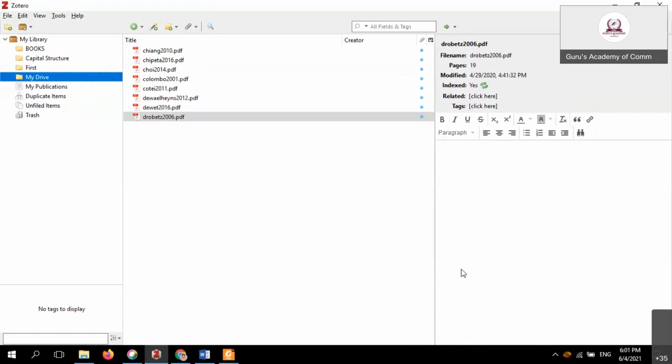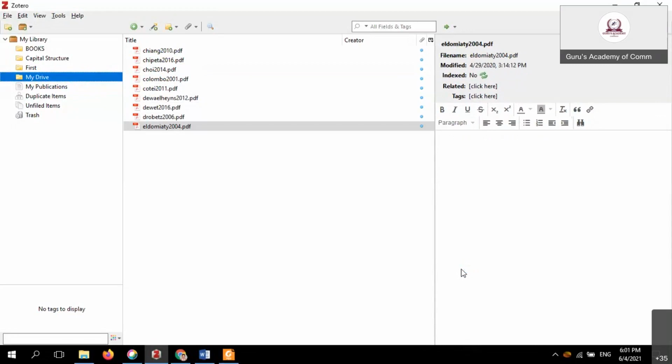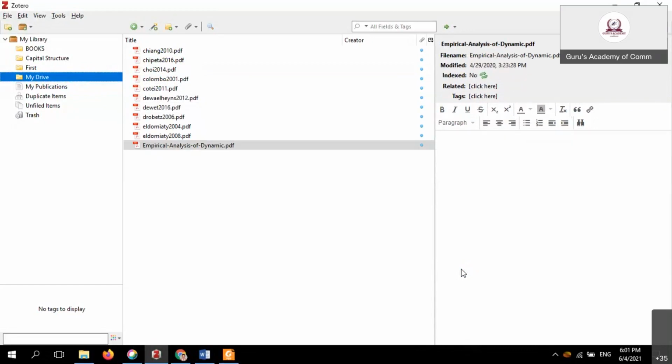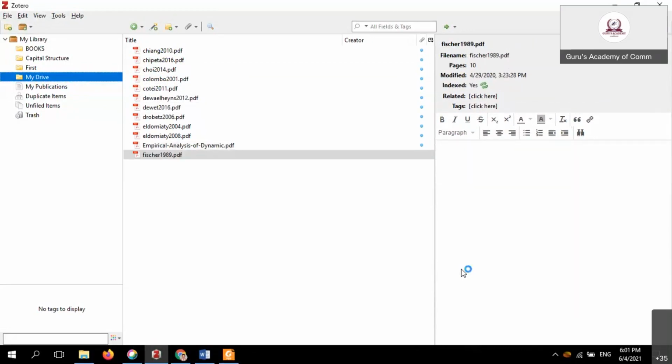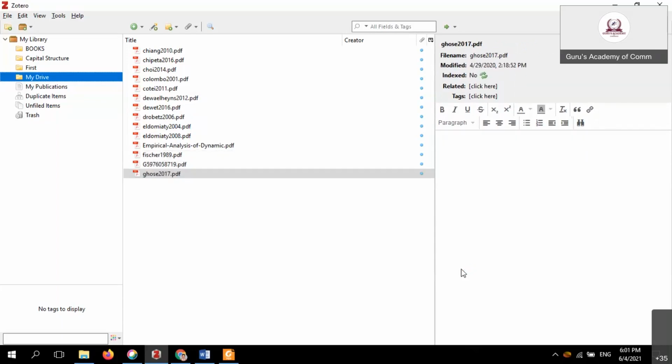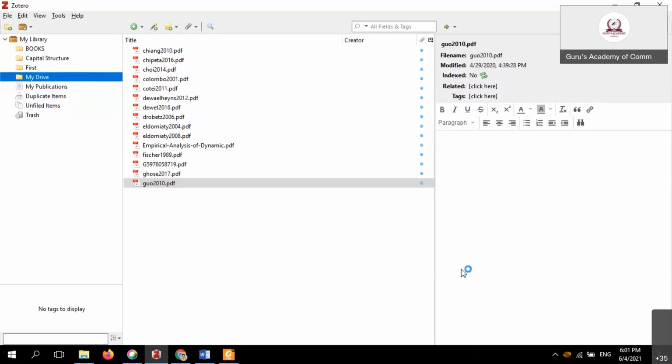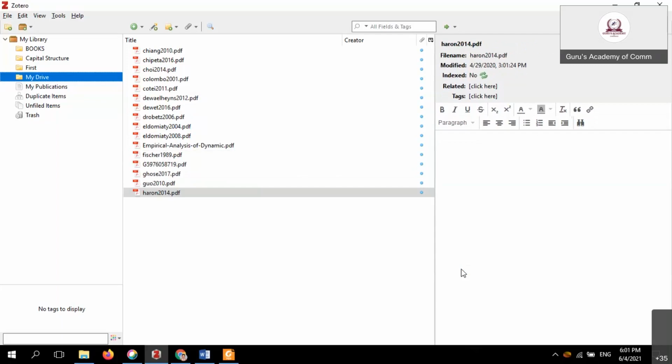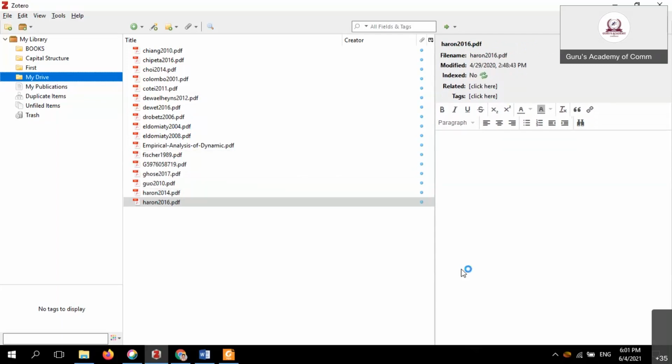We have so many items, so it needs some memory to access everything. N number of files are simply retrieved and accessed. I will give another 10 minutes to support you. A lot of PDFs are available.